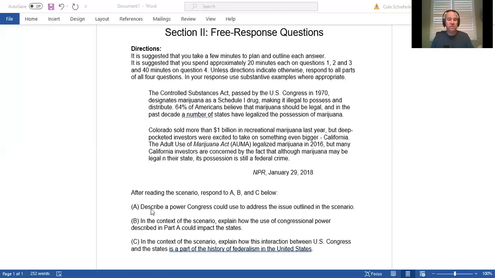So if it just asks you to identify a power of Congress, now we're going to go over describe, but if all it did was ask you to identify a power that Congress has, you could say Congress could pass a formal amendment. I would want you to define what a formal amendment is. A formal amendment is an official change to the wording in the actual Constitution. It is different than a law because it requires large supermajorities of 2/3 vote of Congress and 3/4 of state legislatures and cannot be overturned by a simple law or by the judicial branch. So you would have to then clearly define what a formal amendment is if you use that in your identification, because we're assuming the reader knows nothing about that.